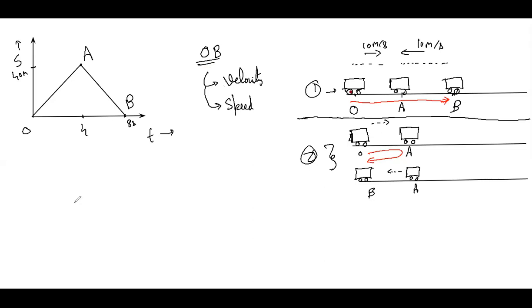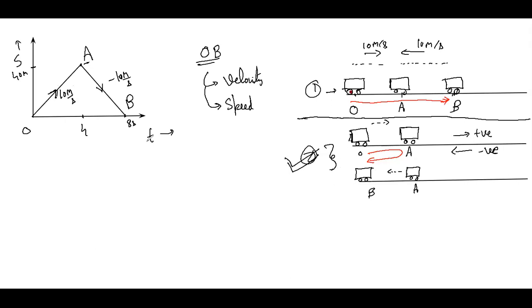Okay. So the answer is second. So initially the car is going towards the right, which is this motion. Here the velocity is plus 10 meter per second. And then the car is going towards the left, back again. So this is minus 10 meter per second. Because the direction of velocity has changed, it has become minus. That means it will go backwards. Initially, if this direction is positive, then obviously the opposite direction has to be taken as negative. So this is the motion of the car.